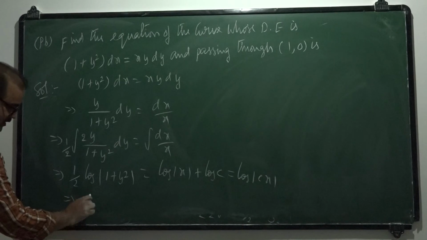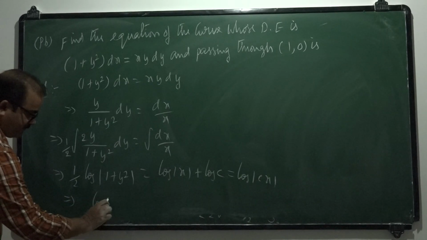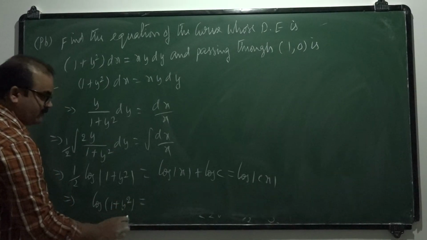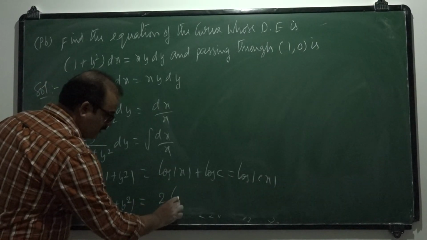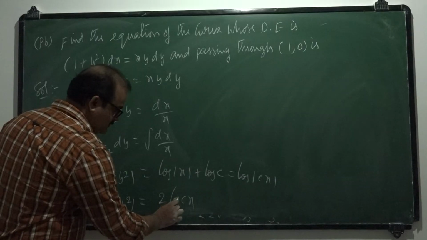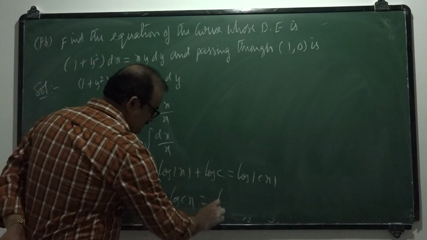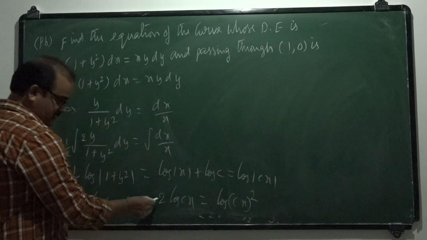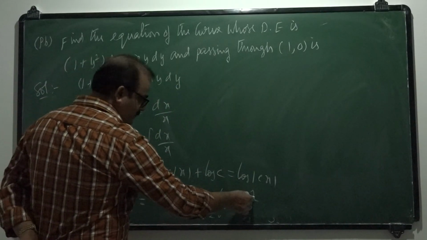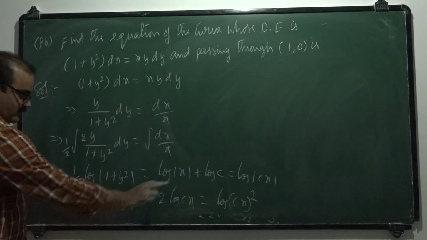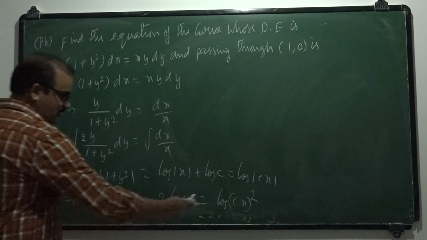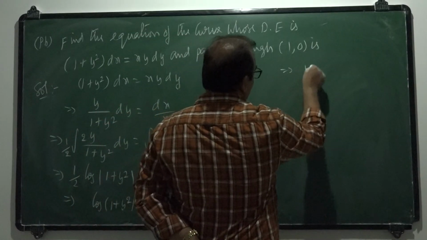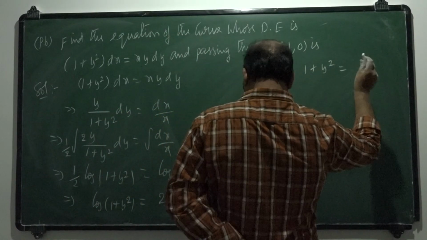Okay, cross multiply, log of 1 plus y square is equal to 2 into log cx. Write this as log of cx whole square, n into log m is log m power n. Now remove the logarithms, log cancel, we get 1 plus y square is equal to